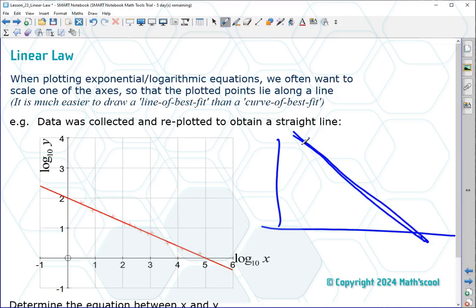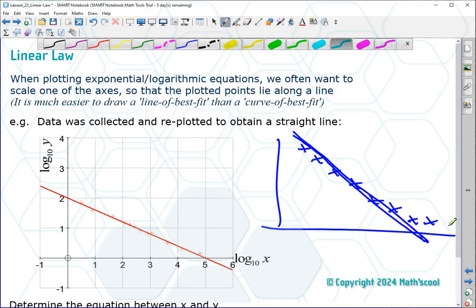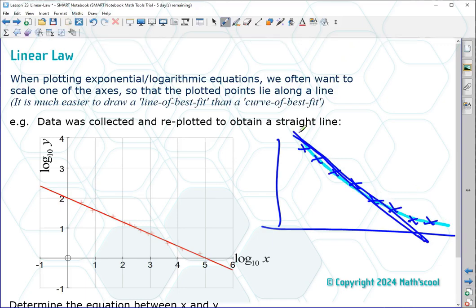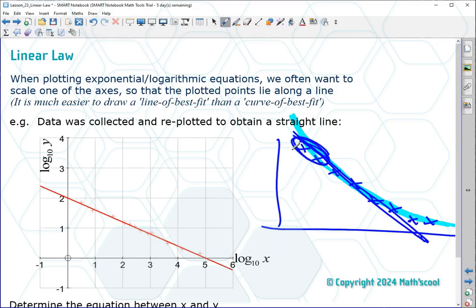So for instance, if you get data that looks like this, that will probably give you a correlation coefficient of 0.94, 0.95, but I think you and I can see that a curve is better fitted to that data than a line. And the reason being, you've got points at this end all underneath the line. You've got points at this end all over the line. And you've got points in the middle